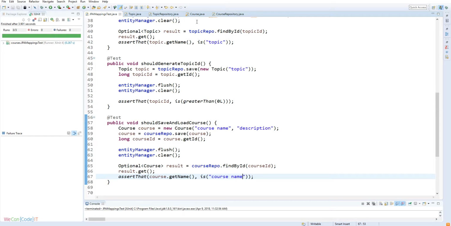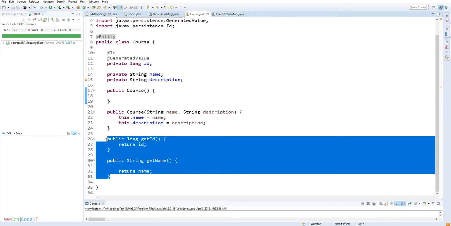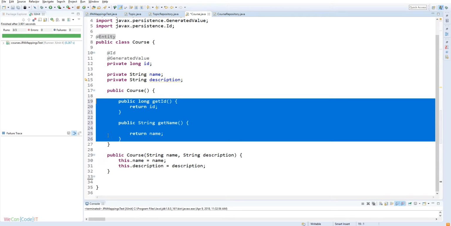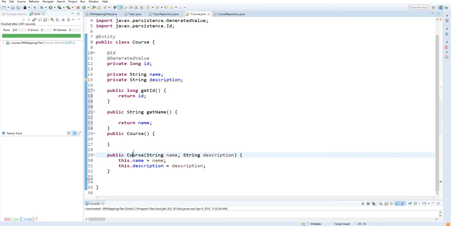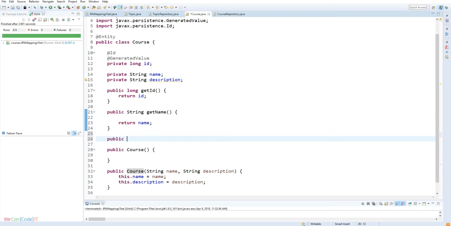And we get a passing test. So I can now come over here, we'll move our getters up. Just keep organized here. I don't have anything for description, so it might be useful to put that in, just in case I need it later,